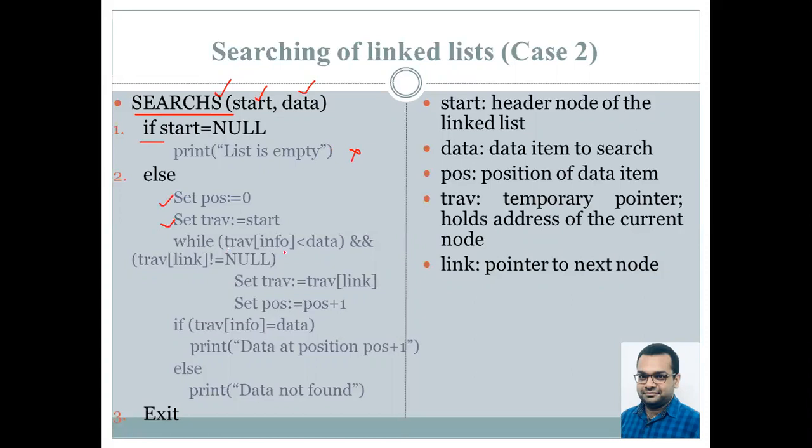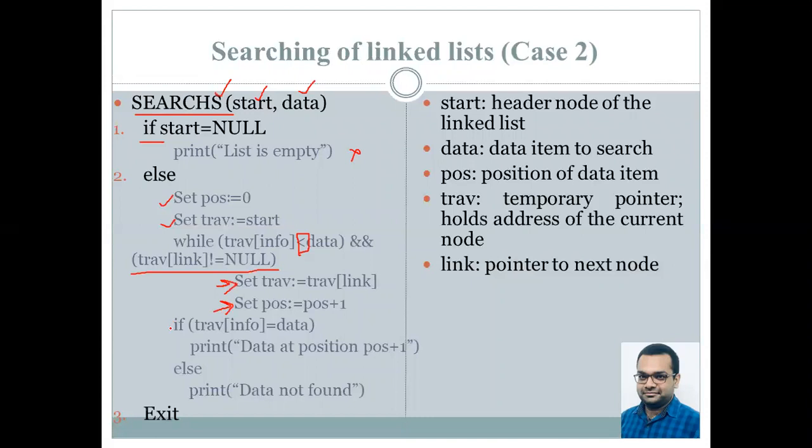Now in the while loop, you can see, unlike the previous case where the list was unsorted and we had to search till the last node, we are searching only up to the node where the data value is found to be greater than the traversal information. Wherever we find equality or a greater value, since the list is sorted, we'll exit and save the iterations. Or, in case traversal link is not null, we have to reach the last node. Then we keep on incrementing the traversal and also the value of the position.